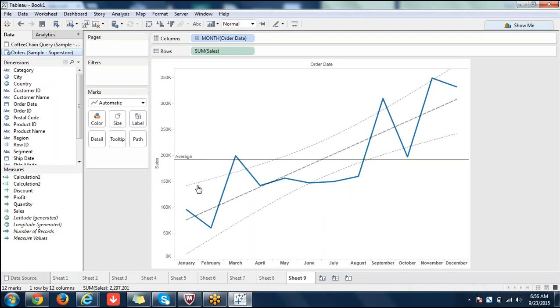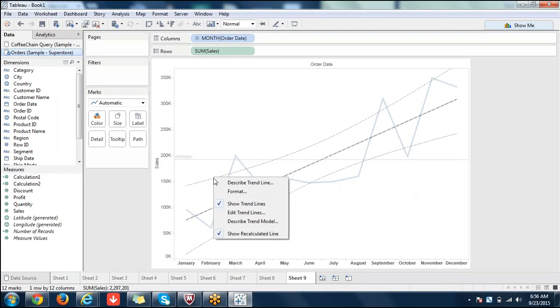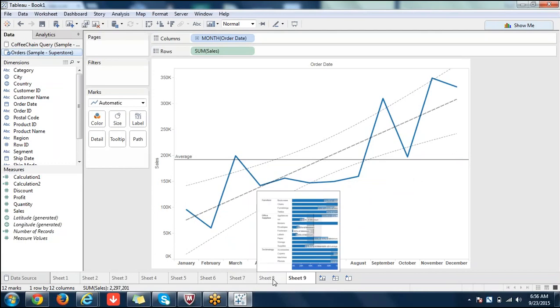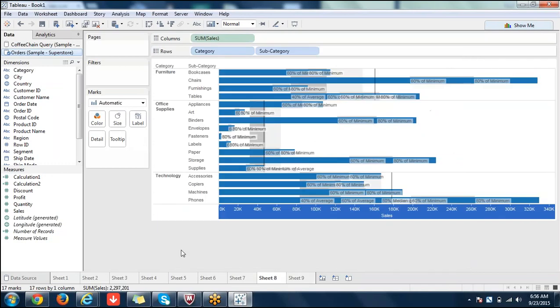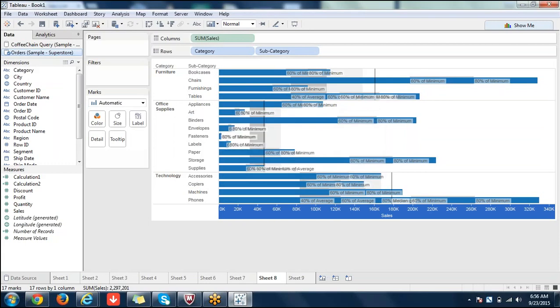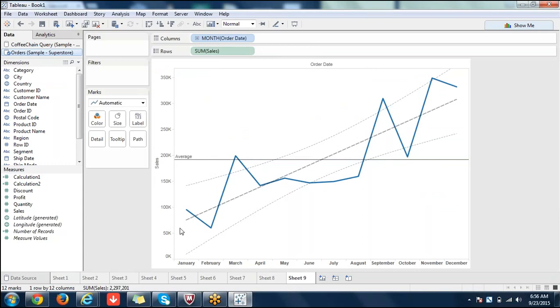And if you see this trend line, it's too many lines, you want to remove some lines. It's not happening. So by using a trend line, you can analyze your trend here. How your data is performing from the last 3 years or 4 years or such things. But what is the problem with trend lines is you can't add a trend line wherever you want. Okay. So I'm clicking a trend line here. You're seeing that a trend line cannot be computed because a trend line happens only with respect to what time period. Okay. A trend line can be added only when you have a date, right?